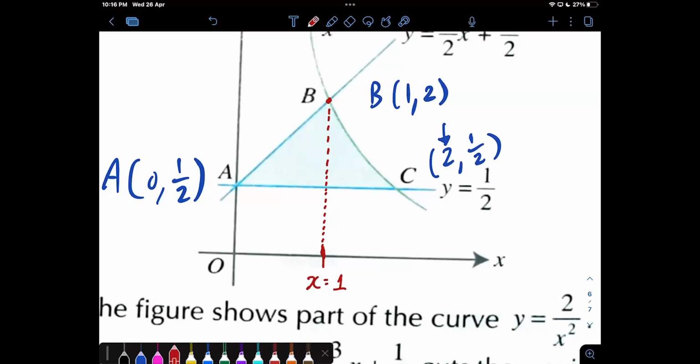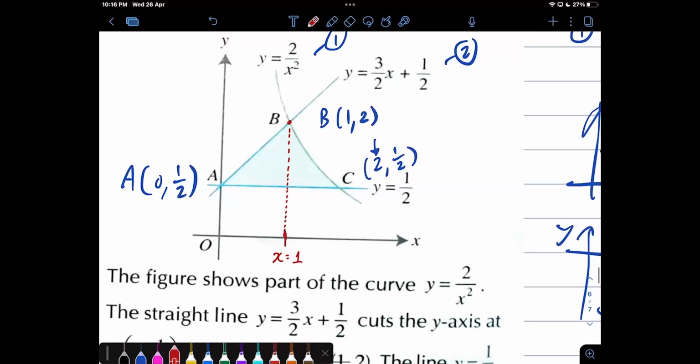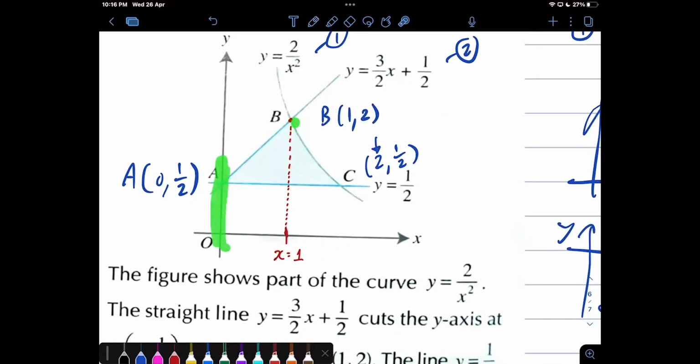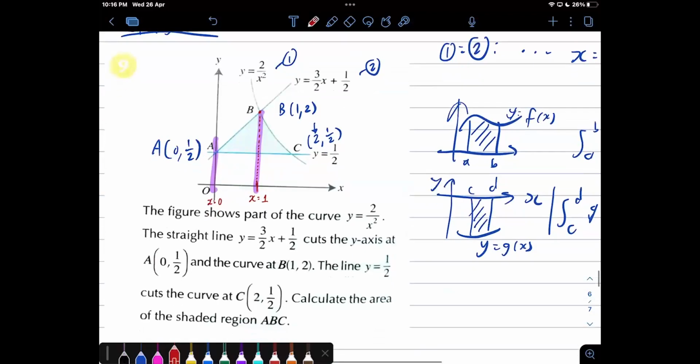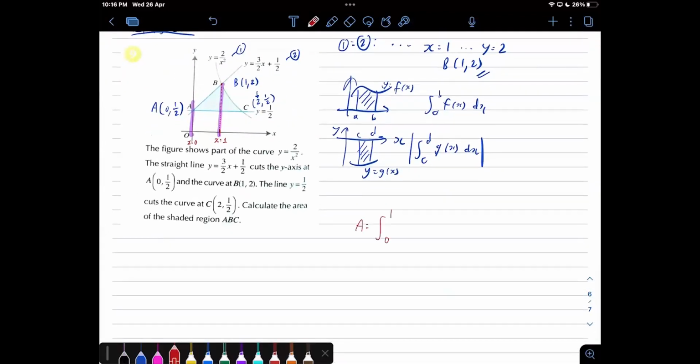Okay, good. Then how to find the area under the curve? Oh, I know. Just find the left x-axis, left vertical line, right vertical line. So it means lower x limit 0. Right? Lower limit 0. So does it mean upper limit 1? Area equals integral 0 to 1. Then the function, what is it? The function will it be the straight line? It will be y maybe over 2x plus half. 3 over 2x, you mean? Yeah, 3 over 2x plus half. Then okay, dx. Then and plus